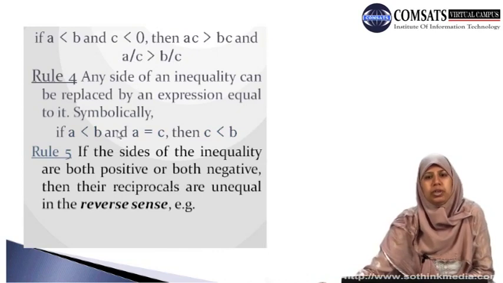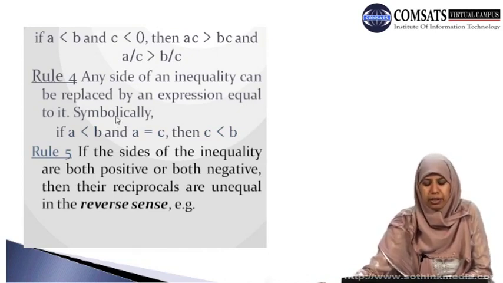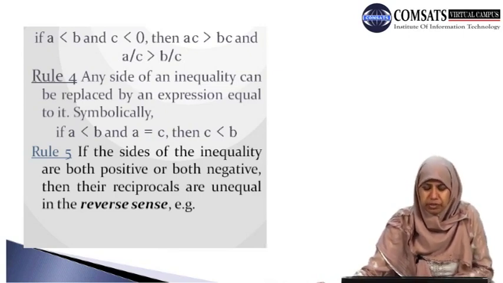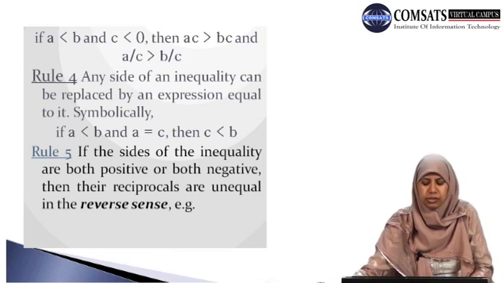So now we come to our rule 5. Rule 5 says that if the sides of the inequality are both positive or both negative, then their reciprocals are unequal in the reverse sense. Sounds a bit strange or difficult to understand, so let's have a look at what we mean by it